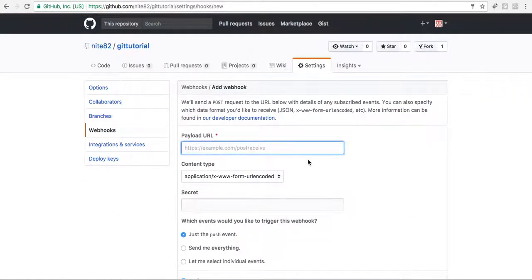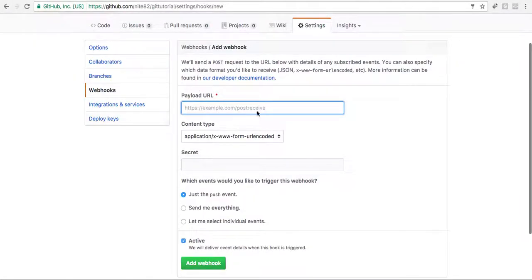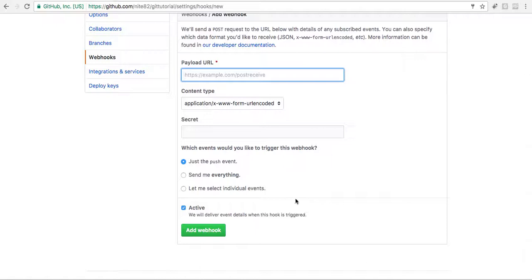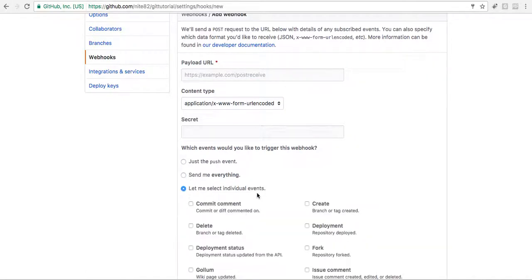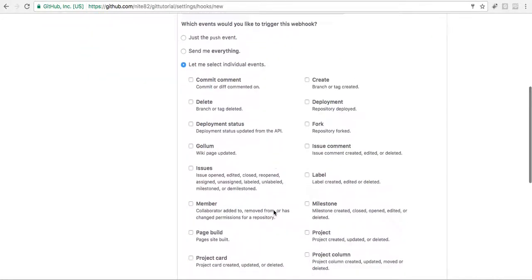This is the URL which will be called when this particular webhook is satisfied, and you can choose whether you want this URL to be called just for any push event which happened in this particular tutorial, or you want to send